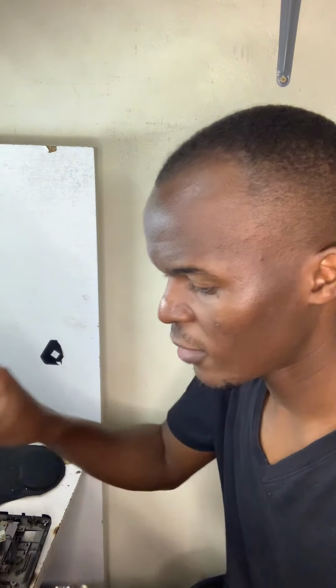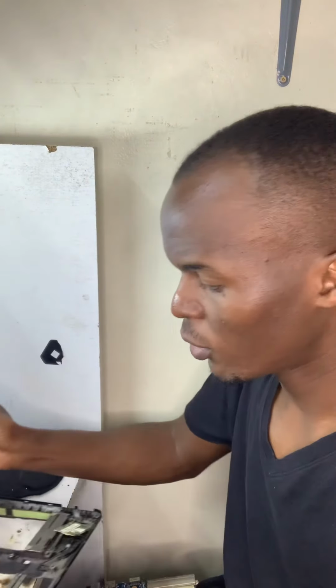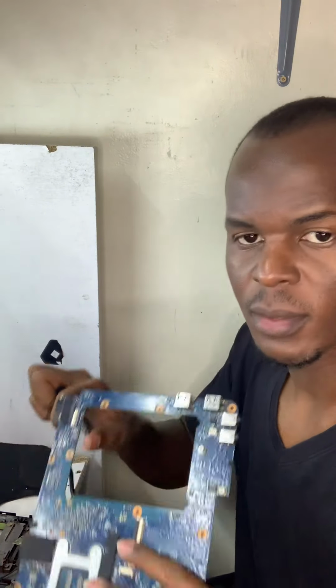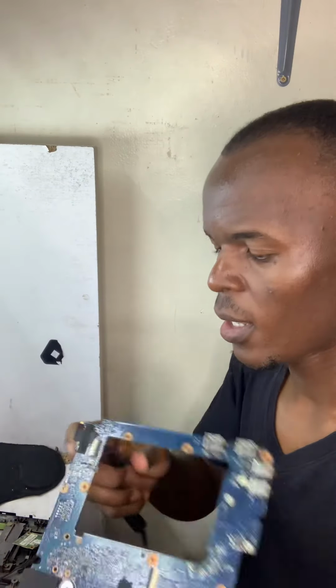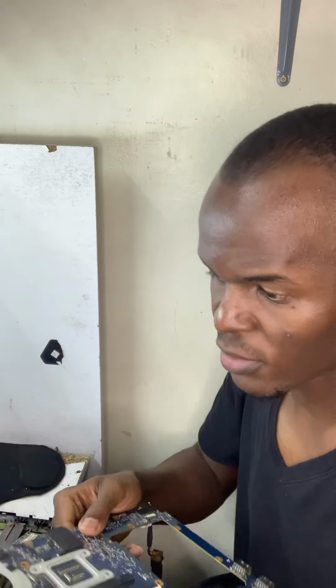Today we have an HP, kind of an old school one, a 4230S. Here it is. It's not powering on. And when you plug in the charger, here's the motherboard, out. There it is. Plug in the charger, a tiny LED indicator for the charger comes on, but there is a